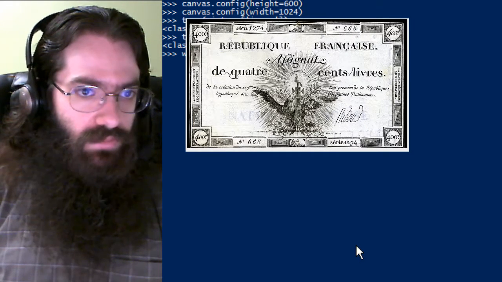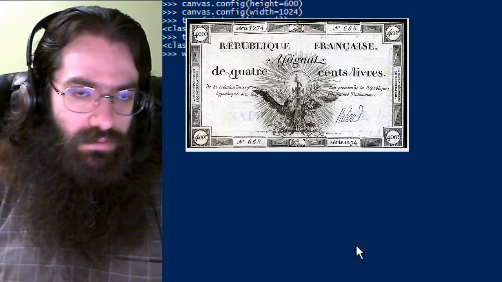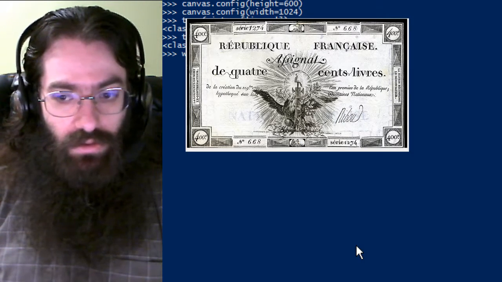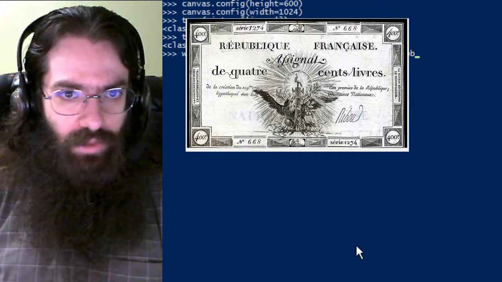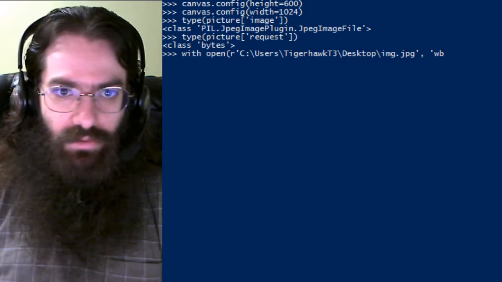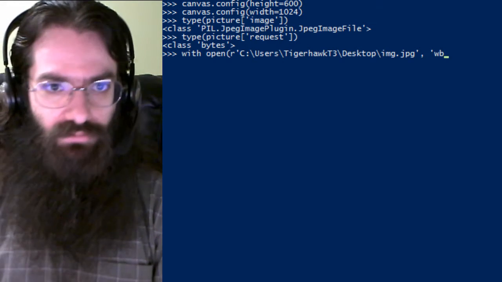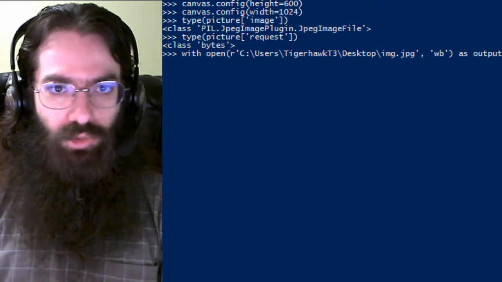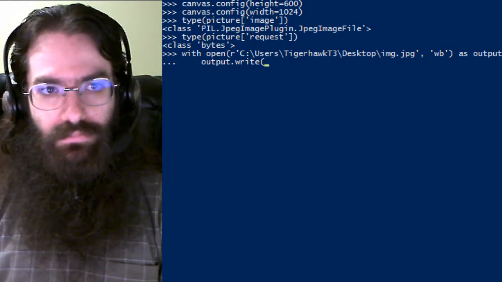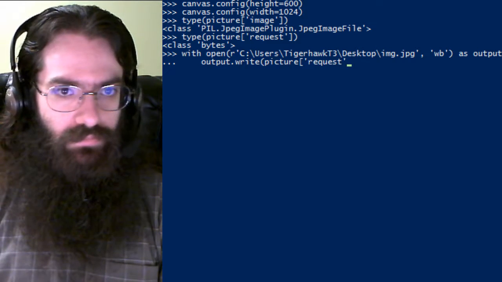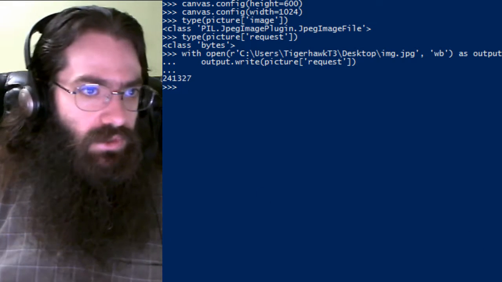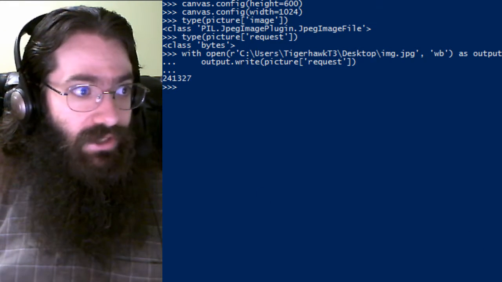With open, C, users, that's me, desktop, image.jpg, I think it's a JPEG. Write bytes. Can't see any of this. Let's take that out. We don't need that. It has outlived its usefulness of being on the screen. Write bytes as output. Output.write picture request. So now I have an image.jpg on my desktop